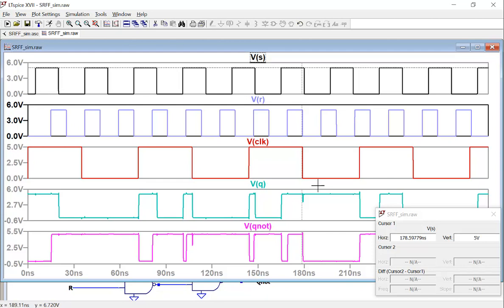So this is not going to happen in real life. I mean, this is just a real bad example, but I think it's good to find out what's really happening, right? If you understand the circuit. So clock is having a falling edge at the same time with R, which is fine because